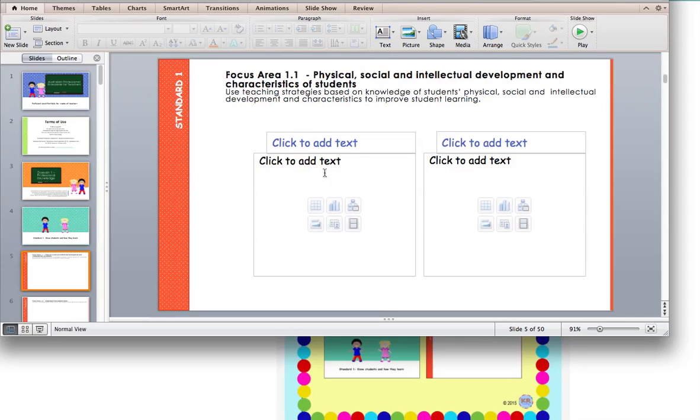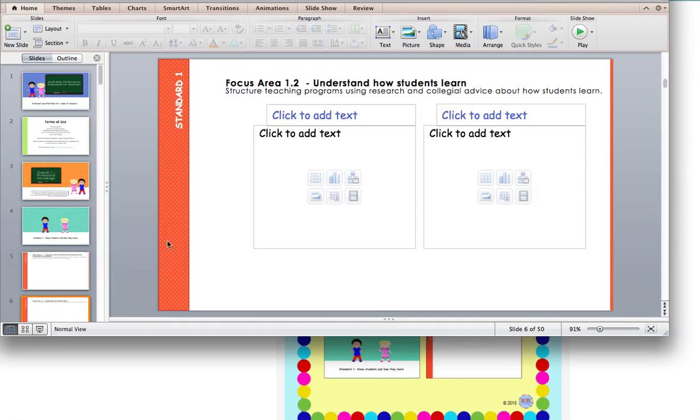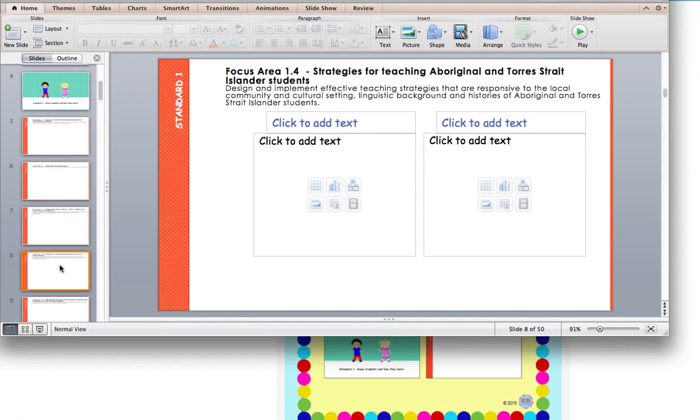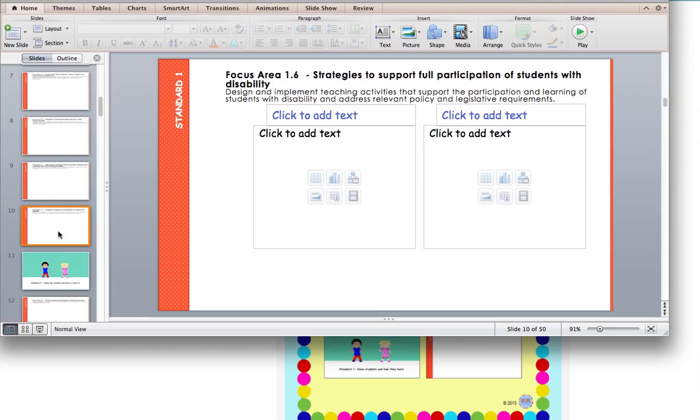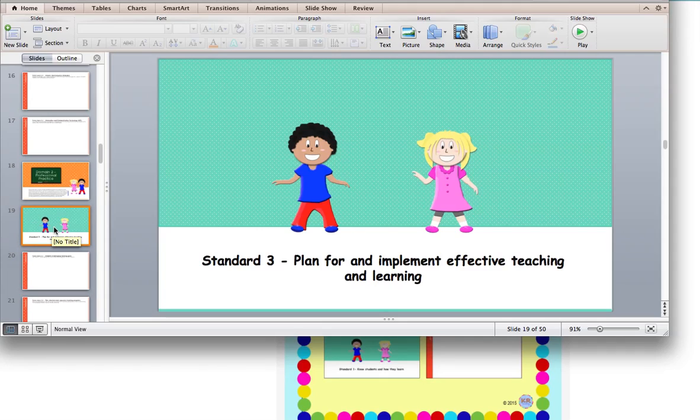So here you can add in your focal area, okay? Then you can add in the evidence and you can add the text in to show what you've done, okay? And it keeps going on and on, okay? So all up you can see there's 50 slides. So a lot of the hard work is done for you. And they've put some really colourful backgrounds and layouts for you ready to go. You can keep this as a